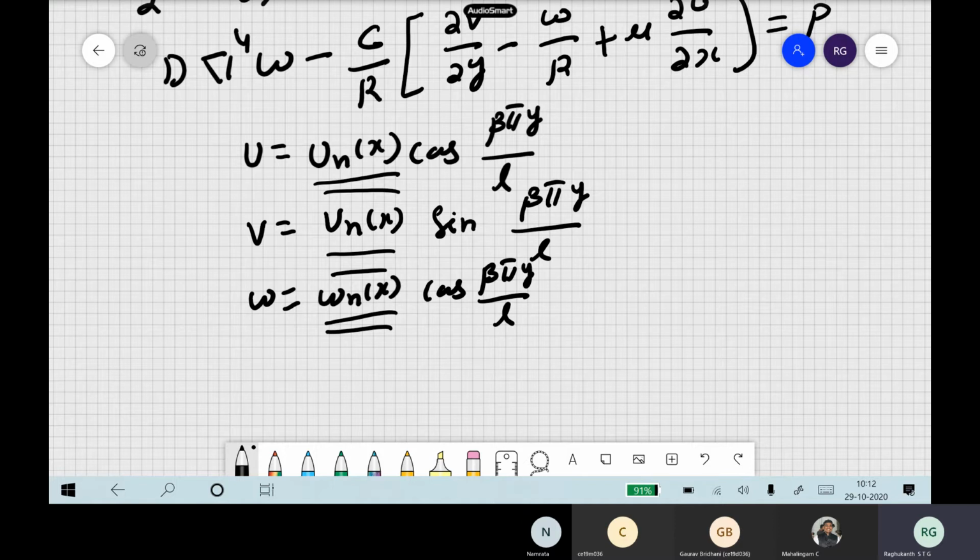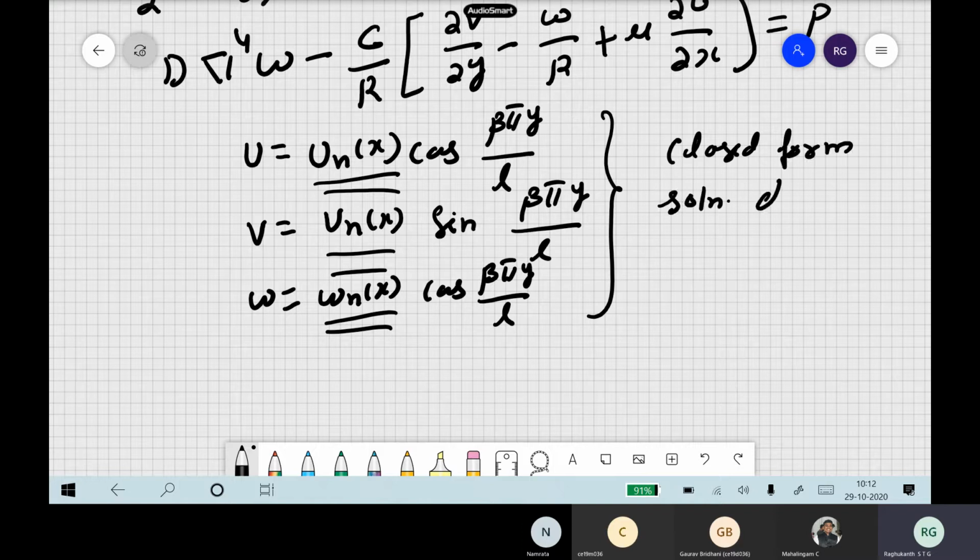Then the boundary condition we are relaxing with respect to x, but the problem is it will be very complicated. So 3 coupled PDEs, and the closed form solution will be very difficult. You may not be able to represent it as something like that. It becomes extremely complex. So the easy thing is you have to do it numerically only.